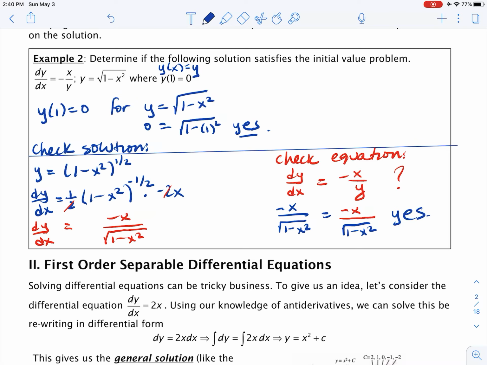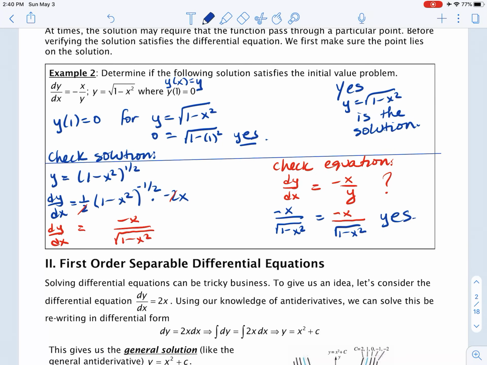So conclusion, yes it is. Yes, y equal to the square root of 1 minus x squared is the solution. Good. All right, so moving forward,